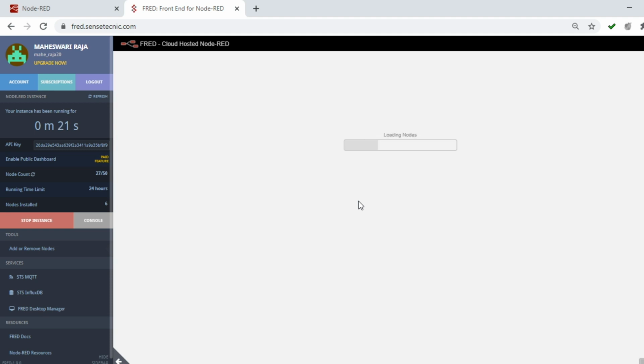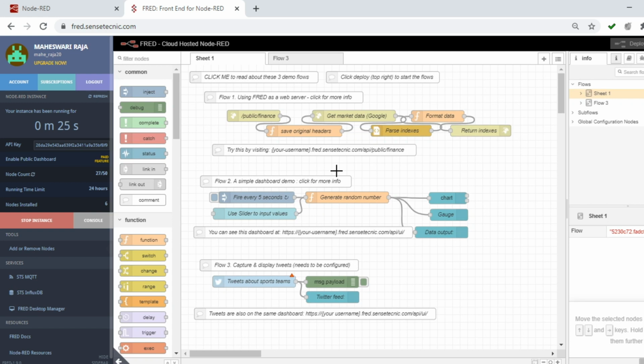So we'll be landing on this FRED cloud. So this is FRED cloud. You can click the add button, add flow, to add a new flow. So this is the default flow. The similar Node-RED pattern which we have on the client side will be seen here.